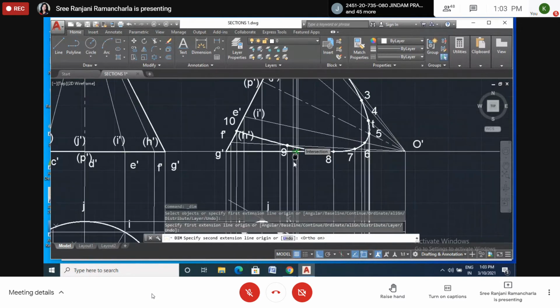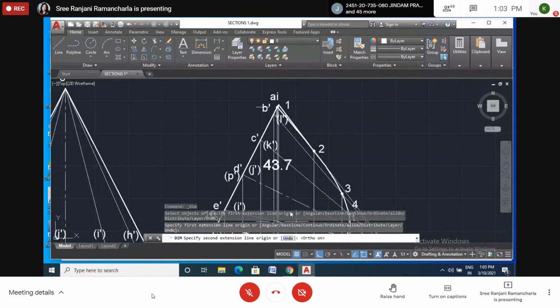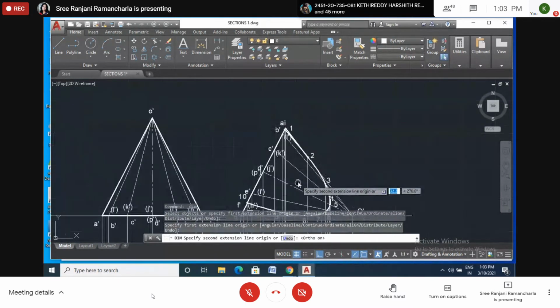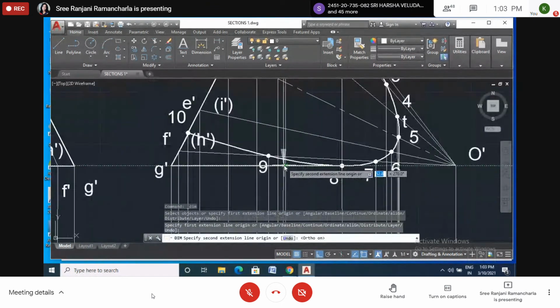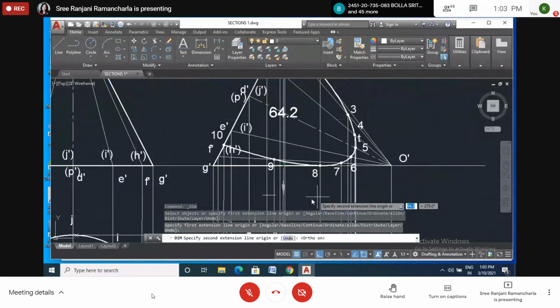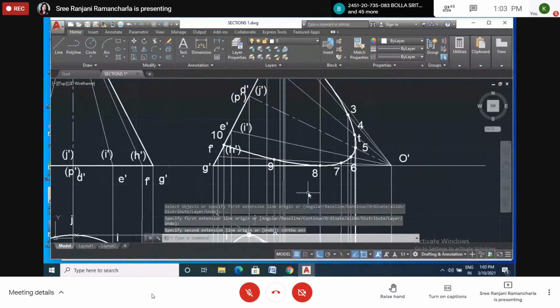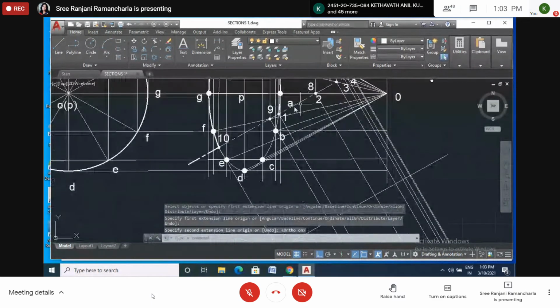Yes. So how much is this? The second line. 52.8. So 52.8 means we have to take 52.8 here.